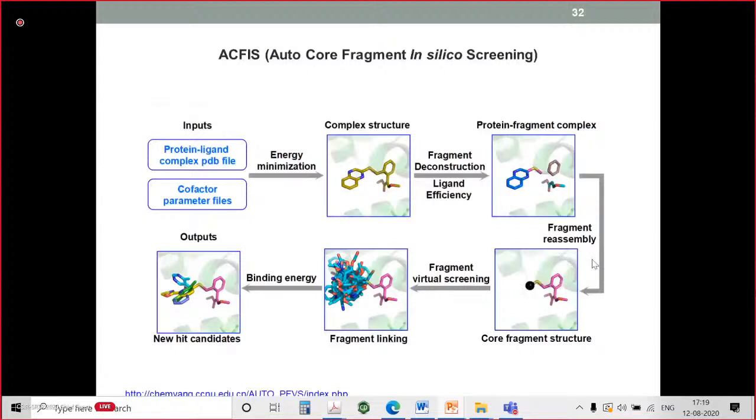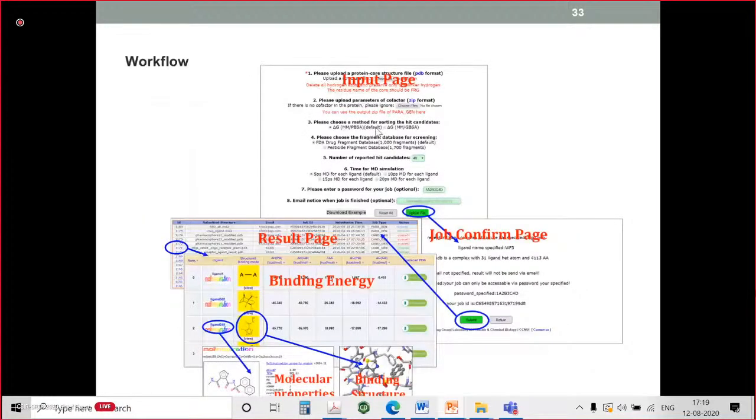So all these are further screened virtually, and binding energy is calculated. And this binding energy is compared with the initial ligand to know whether we got the new hit or the lead molecule or not. So this is very simple. In this slide, you can see how this works. We have to give the input for the protein ligand complex. So it means we must have the ligand as well as the protein for this particular